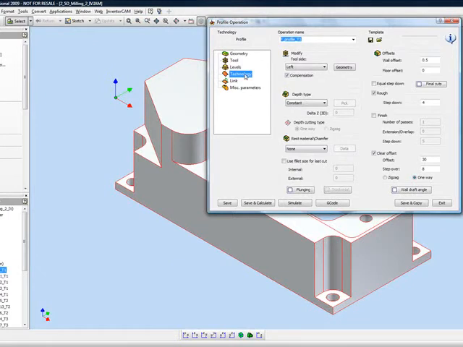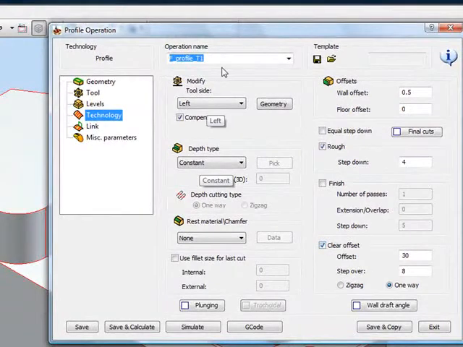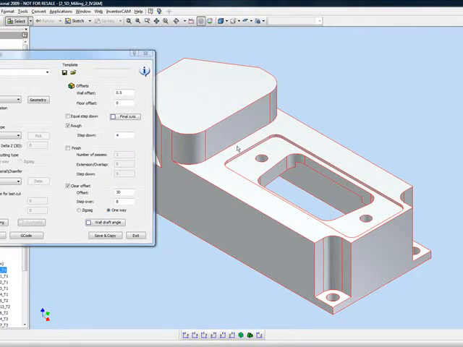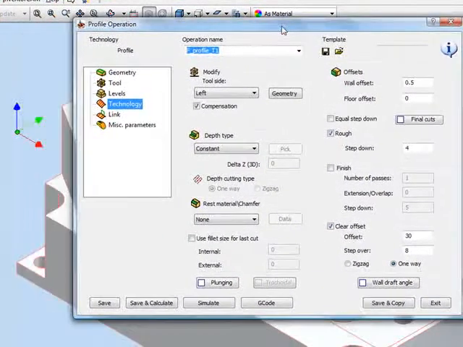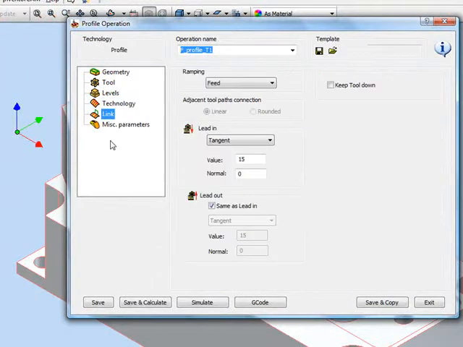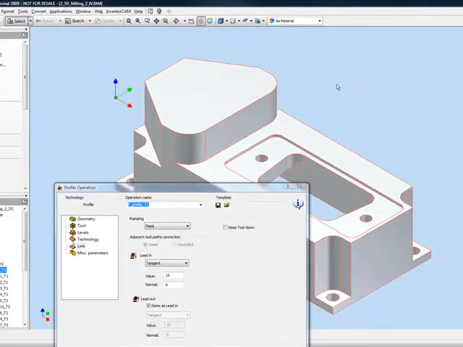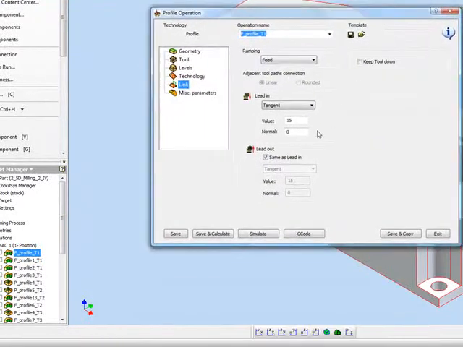In my technology field, we've used a step down of every 4mm in the rough fashion, leaving a 0.5 millimeter offset on the wall. And we've also used a clear offset of 30mm, so the tool will start 30mm away, and every single time it goes in, it'll step over 8mm. Another thing we've done is in our link area, we've approached using a tangent, so it'll start from 15mm out in a tangent towards the line itself,